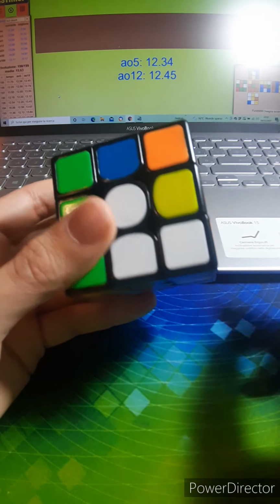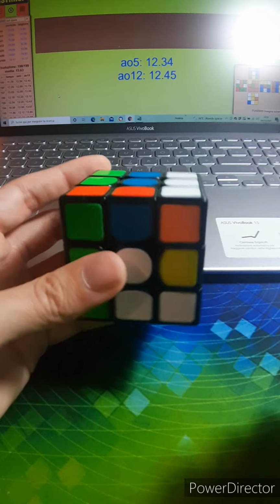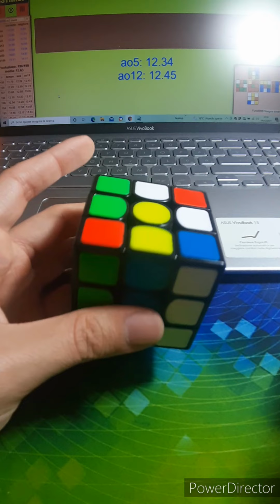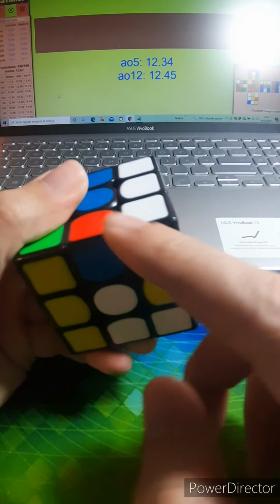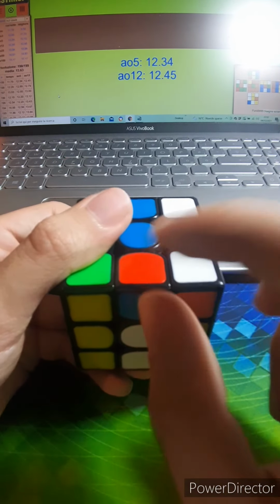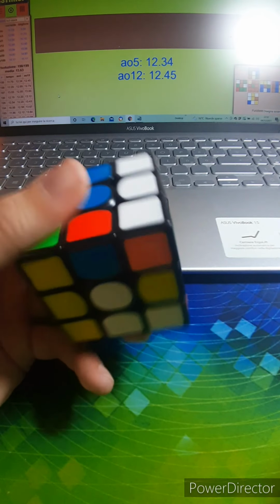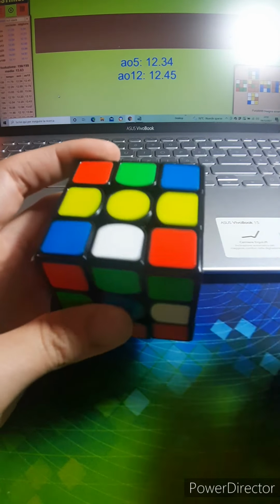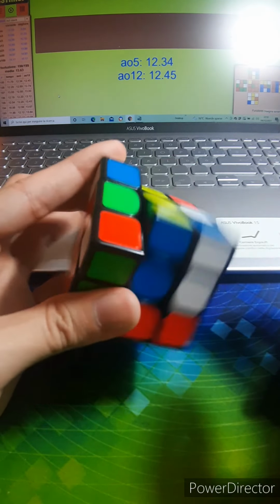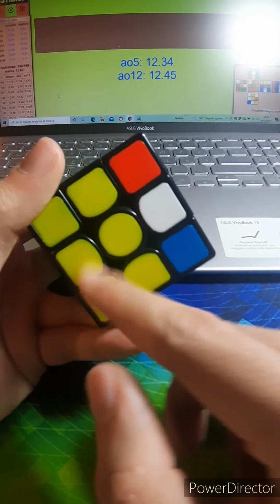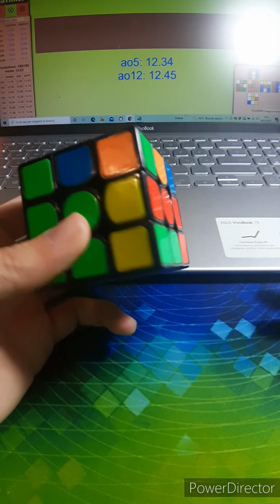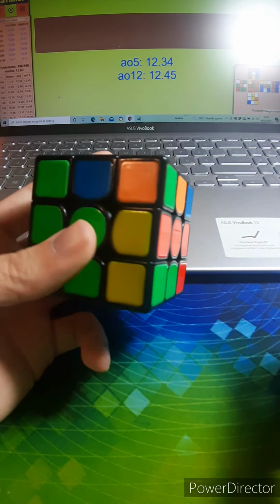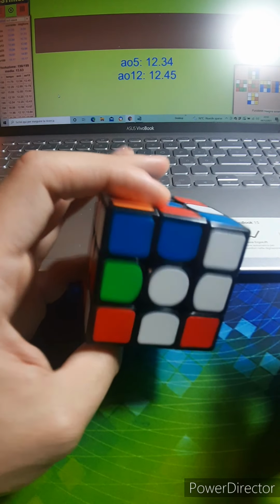Now I can choose between R wide and R wide prime. In this case, I will do R wide prime because I want the yellow center to be on top. So now what I have to do is solve BF, so DF, DB, and the yellow center. So the other edge is here, I can do U, R prime, and then U prime, R2 wide, and now my BF is solved. And now I just have to finish F12, so since this cross edge is just one move away from being solved, I just solve it, and then finish the